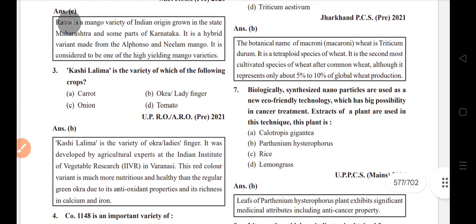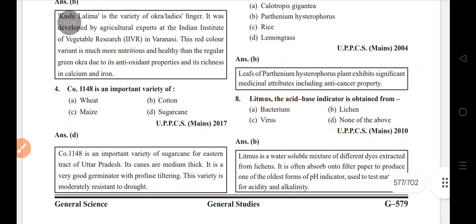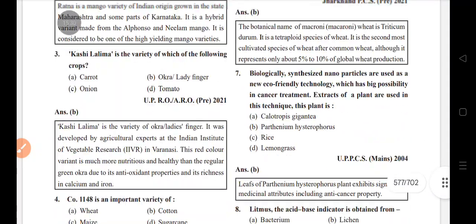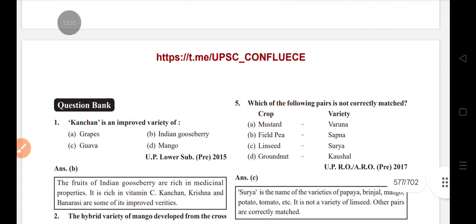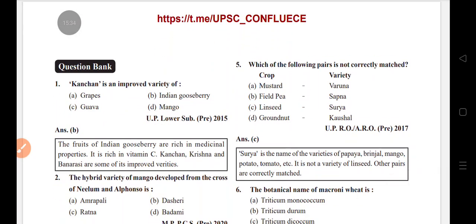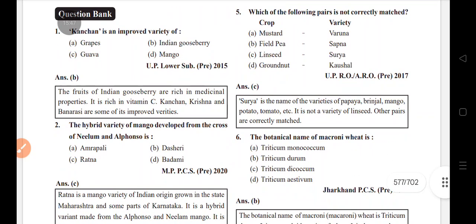Okra or ladyfinger. Co 1148 is an important variety of sugarcane. Which of the following is not correct? Linseed, Surya; papaya, brinjal; mango, tomato; mustard, Varuna; field pea, Sapna; groundnut, Kaushal. Botanical name of macaroni wheat: